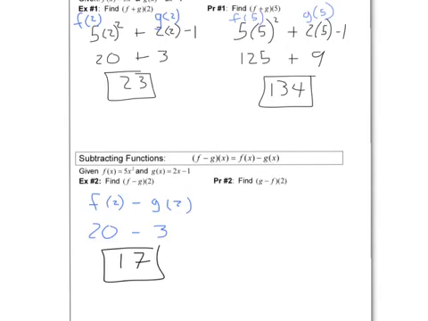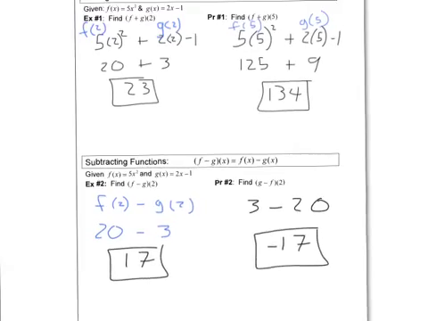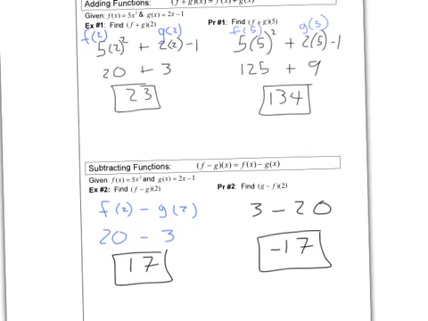And the same idea can be done here. We already know what g of 2 is. G of 2 is 3 minus f of 2, which is 20. So it's just going to be the opposite, which is negative 17. So pretty simple idea here. One thing I want to show you real quick. What if they said